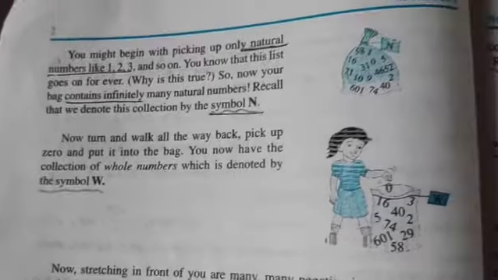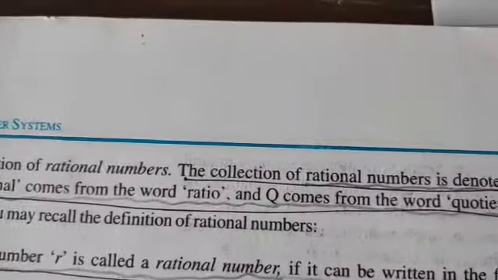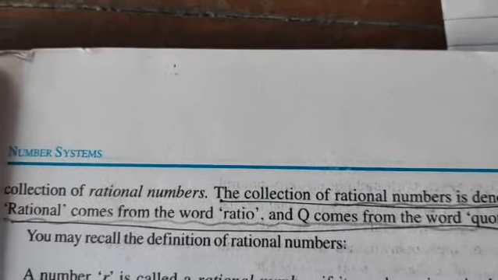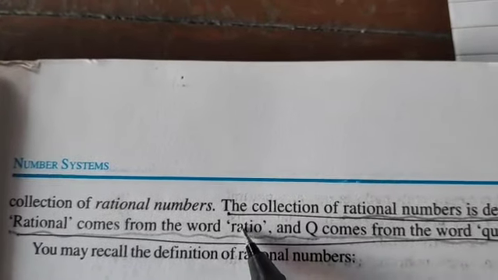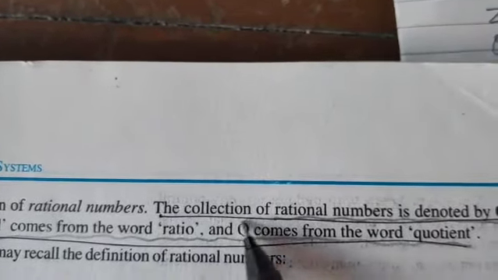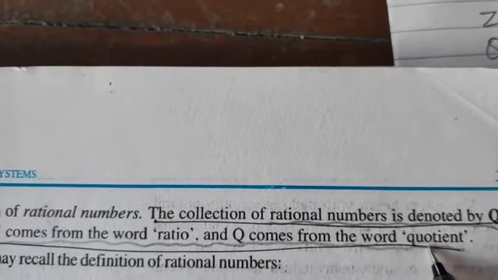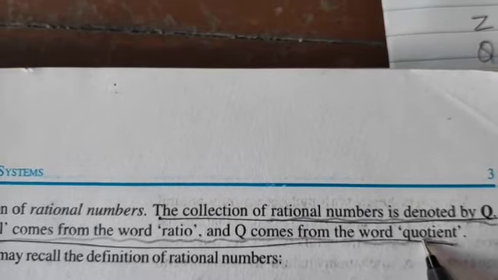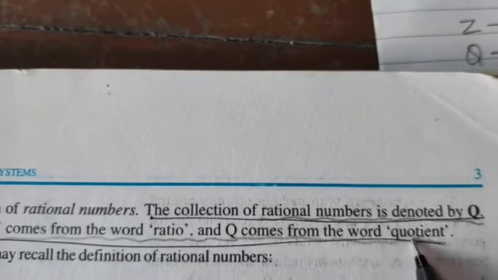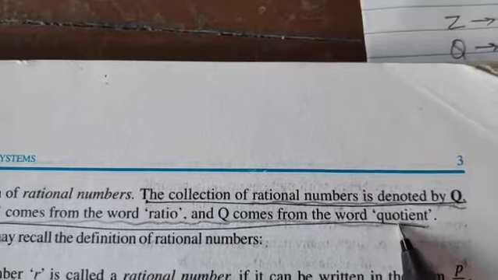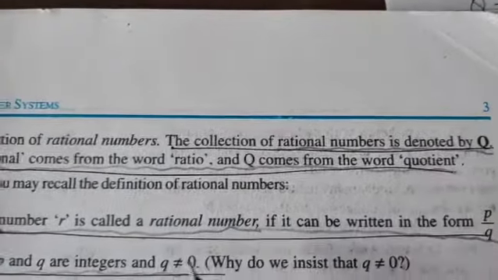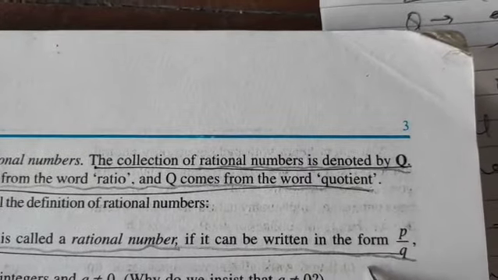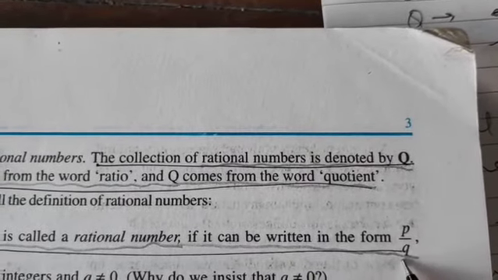Next you have the set of rational numbers. What do you understand by a rational number? A rational number comes from the word ratio, and it is designated by Q, which stands for quotient. In primary classes, I don't know whether you have learned, you call that fractions, because fractions were always expressed as numerator upon denominator. Here you call it a rational number, which can be expressed as P upon Q. But an important thing over here is the denominator cannot be 0.